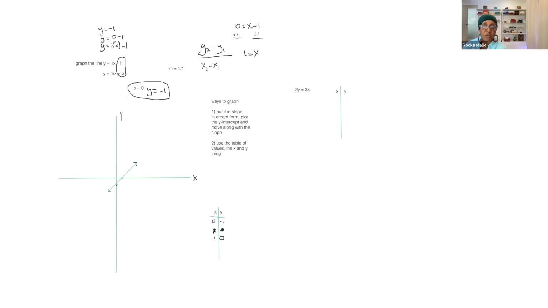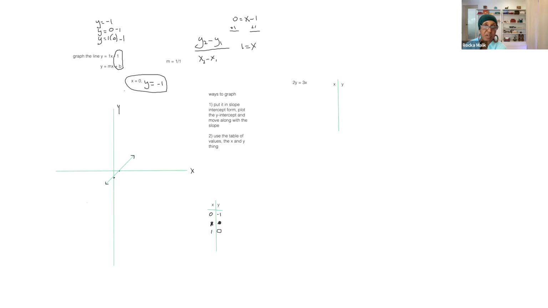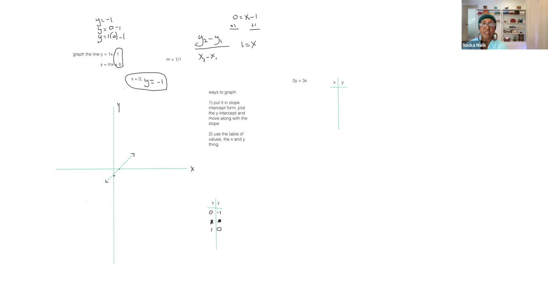Since it's not in slope-intercept form, I'm not gonna try to figure out what the intercept is and what the slope is, because I'm lazy and that's just too much work. I'm just gonna use what I have. If it's like this with X and Y and no whole number, I'll just try to pick numbers that look good. And say when X is 0,